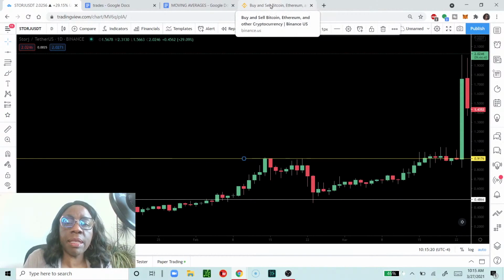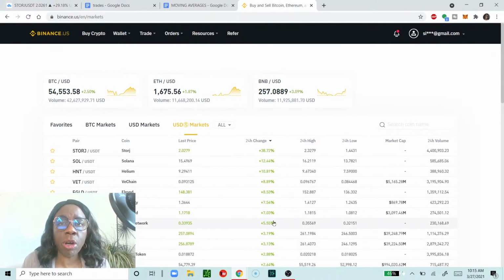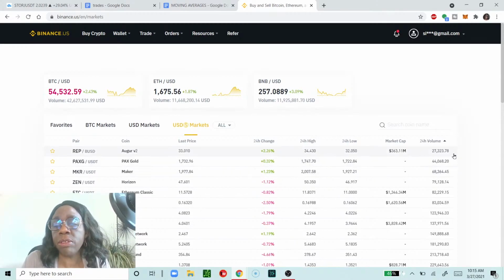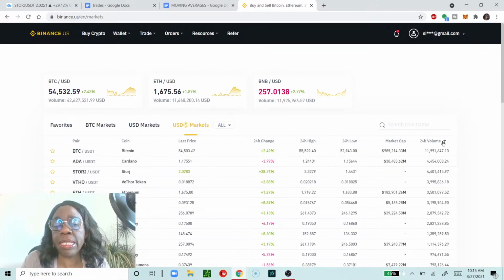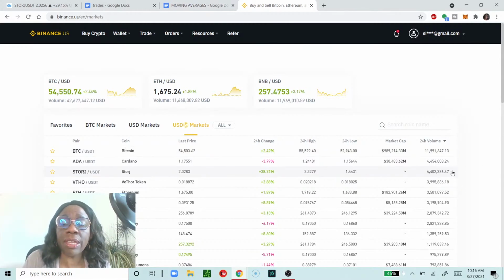The second thing you would do, looking at your CoinMarketCap or on your Binance market page, you want to look at volume, guys, over here. See this volume? You want to sort on volume. You click it once and it gives you volume in ascending order. We want it in descending order. Of course we expect there to be greatest volume with BTC, trading Bitcoin. We have 11, I don't know, is that a billion or whatever that is, 11 billion trades, the number of trades. Look at your storage is right there, number 3. This shows you that there are a lot of eyes on this coin pair.